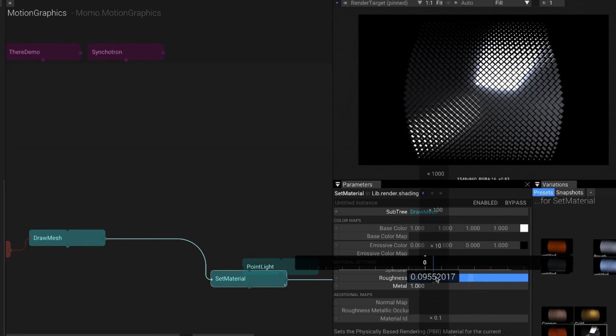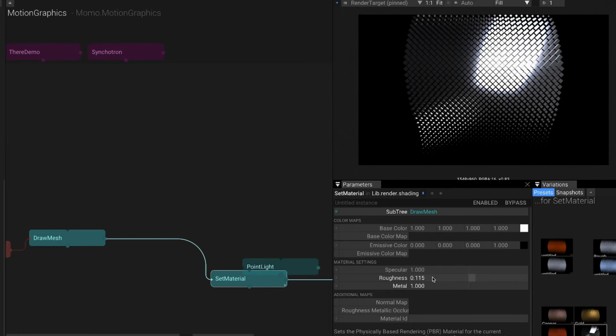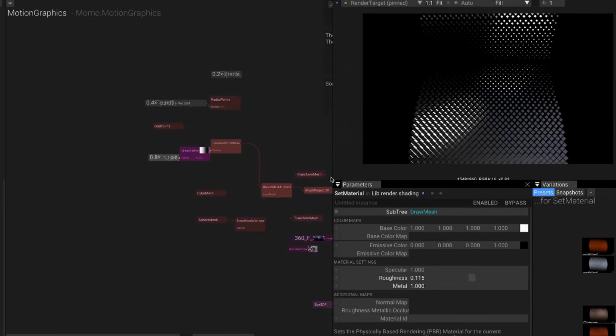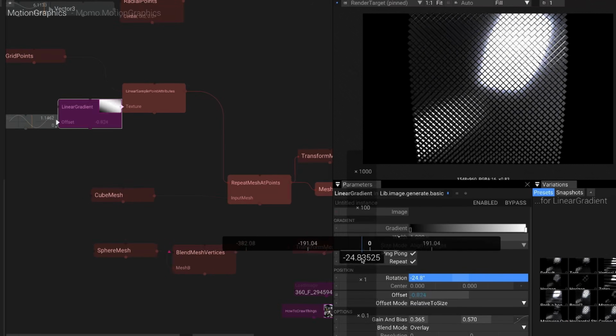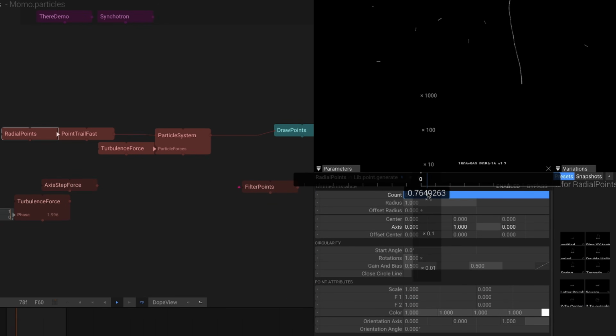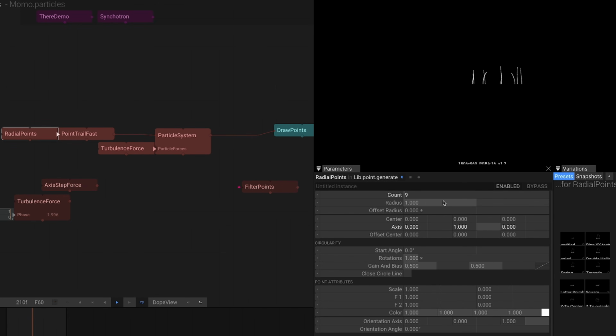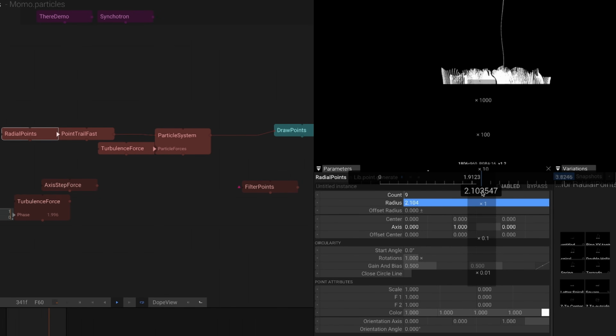But I was really annoyed that I wasn't able to add bevels to the cubes. As an experienced 3D artist, it is almost painful to work with completely sharp cubes. In general, the point system in Tixel is very powerful and can also be used to create particle systems and curves.